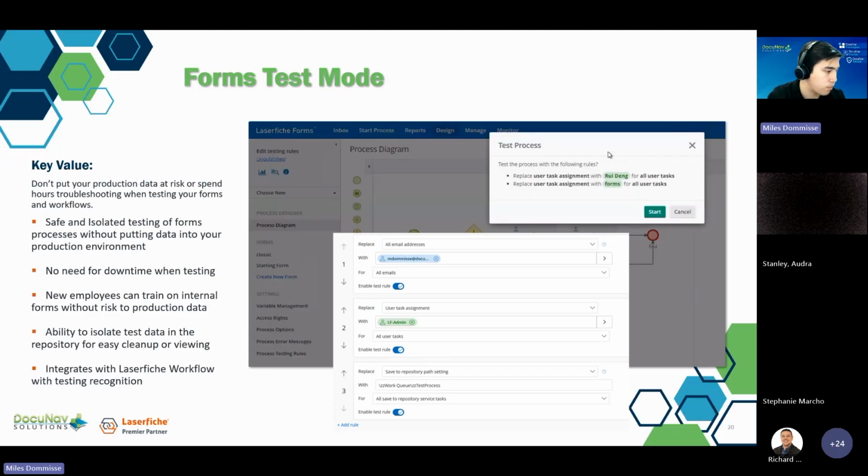Because previously, if you wanted to run a test on Laserfiche forms, you would have to go in and set everything to yourself or whoever was actually testing. And now you can just bypass all of that and just set the actual user tasks to the account that you want to test with. Another big